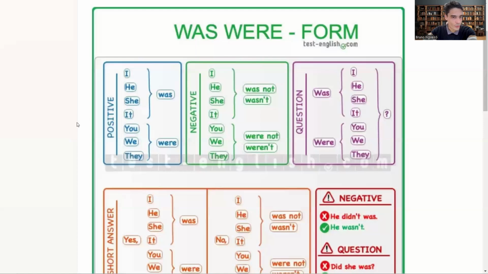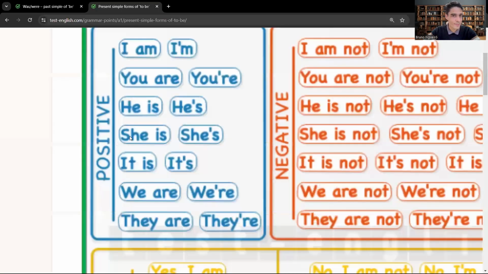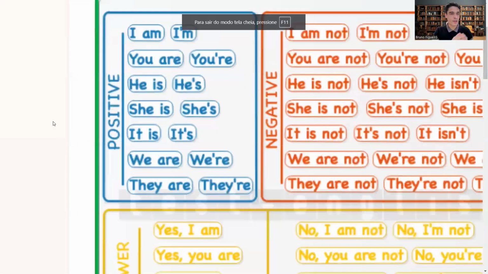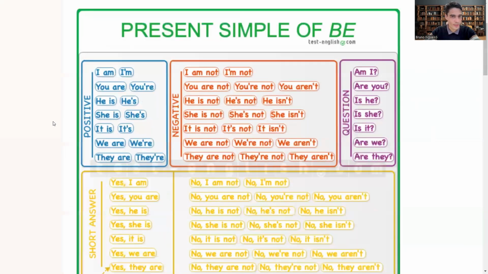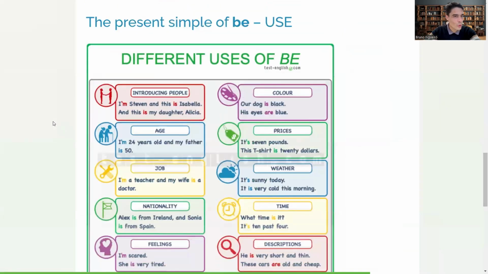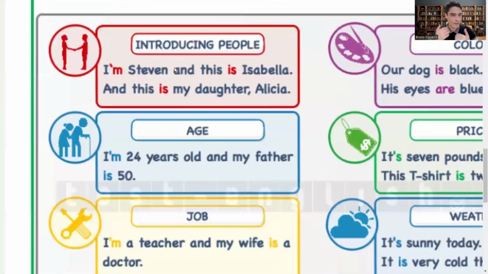Firstly, let's review the verb to be in the present. So that's the positive conjugation. I am, you are, he is, she is, it is. It is used for objects, things, and animals, names of companies, etc. We and they. The verb to be in the present or in the past is used for introducing people, like